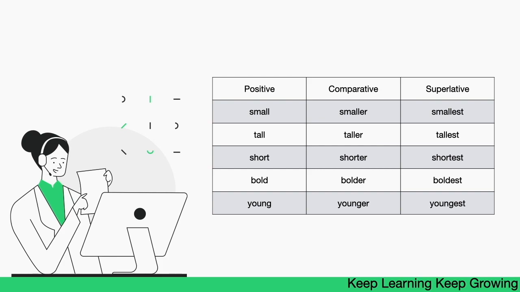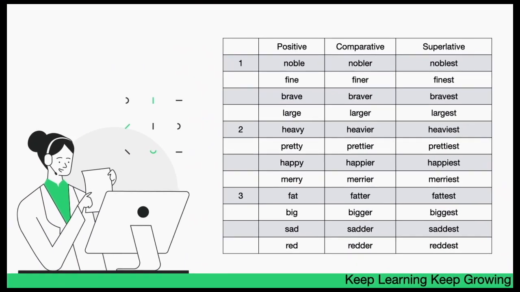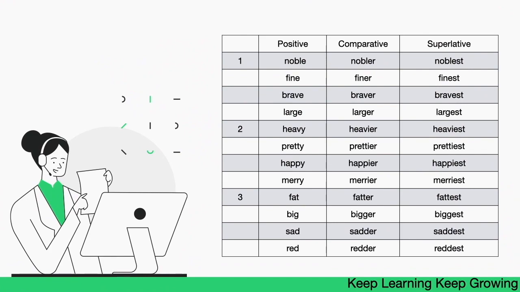In positive we have short. When it is comparative it is shorter, and in case of superlative it is the shortest. Bold, bolder, boldest, young, younger, youngest. In the next slide I have given more examples like noble, nobler, noblest, fine, finer, finest, brave, braver, bravest, large,